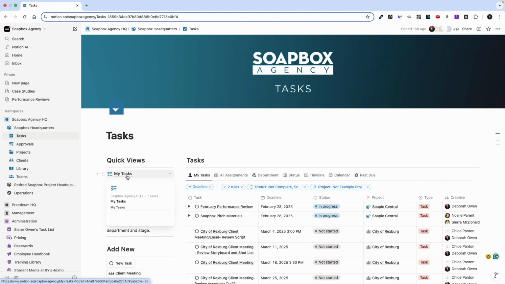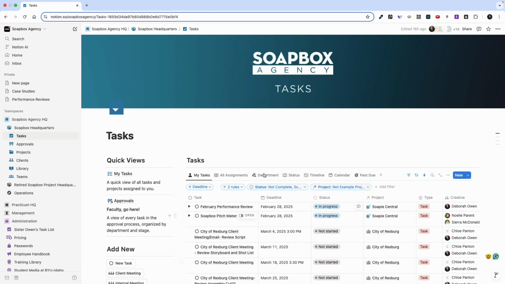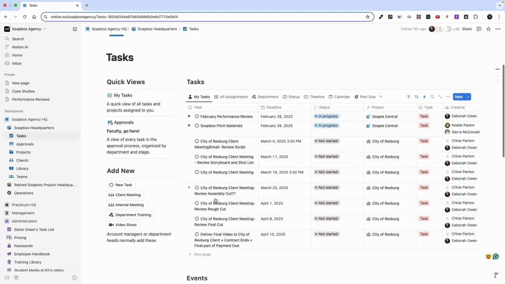We have these quick views where you can see just your tasks or just the approvals. Most of the time you're going to just be looking at the main task page. The first tab here filters it by my tasks already. So you can see really quickly, these are all the things that I've been assigned to. You can see the deadlines, the different statuses, the project it's tied to, and who all is assigned to those